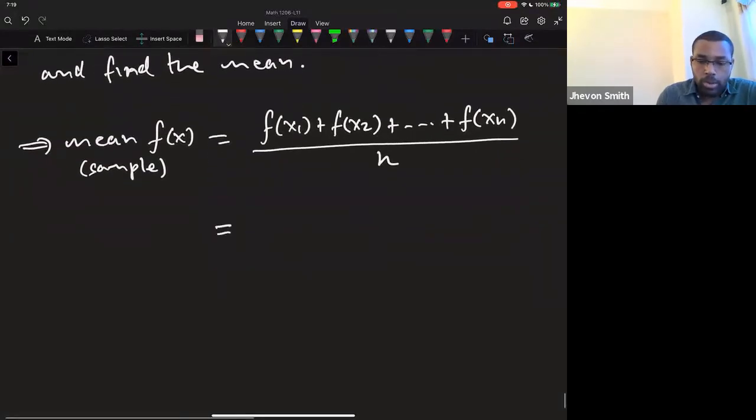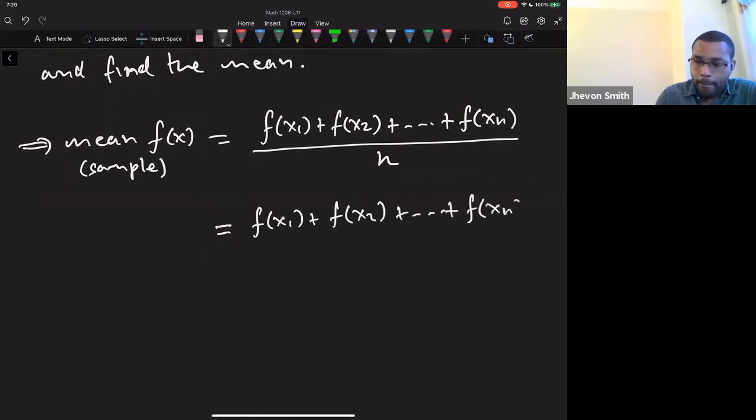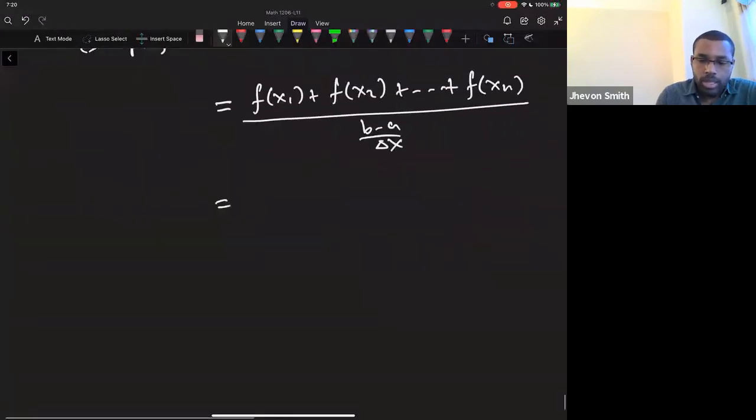But we now know from above that our n is b minus a over delta x. So this ends up being f of x1 plus f of x2 plus and so on plus f of xn,